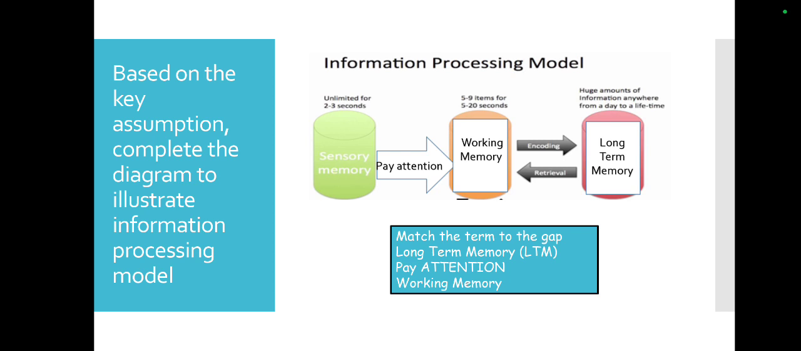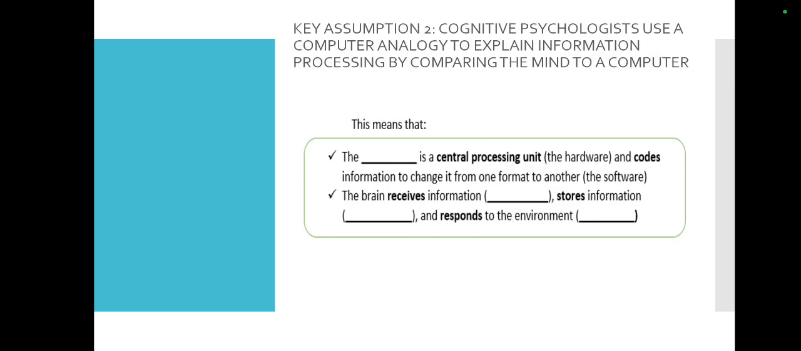So that's what we call the information processing model. And that's key assumption number 1. All behaviour is based on information processing. If we turn it over onto page 17, the second key assumption is this idea that in order to best explain human behaviour,